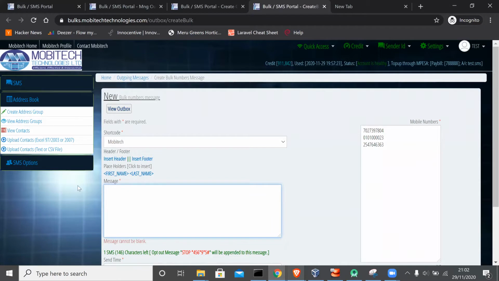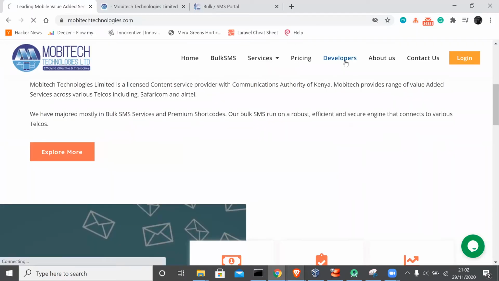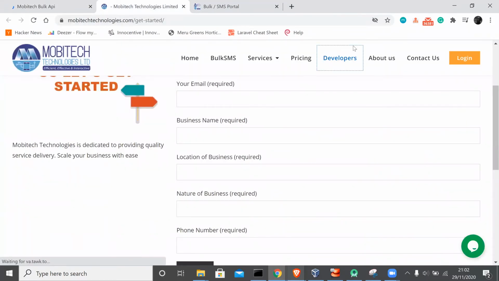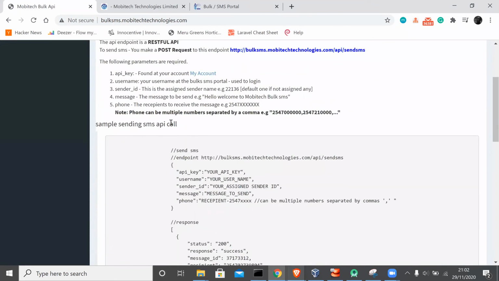And if you already have an existing system and you only want to plug in a module for sending out SMS, we already have your back. You are going to use our SMS API, which is here. If you come under developers, right here on the main website under developers, we have an API integration. You can integrate your existing system with our API. It's RESTful, so if you want to send